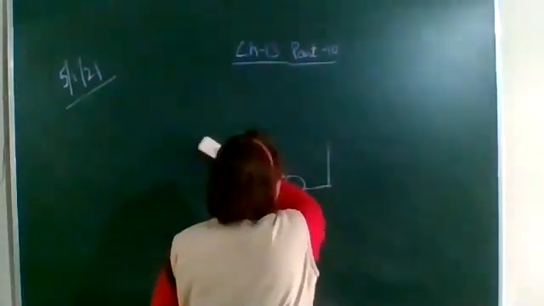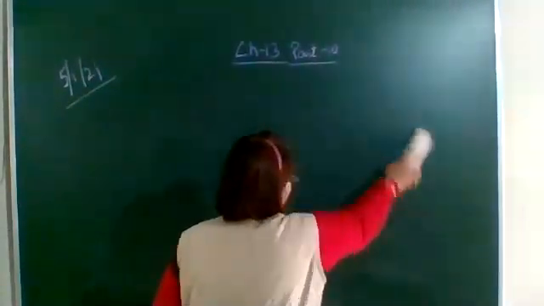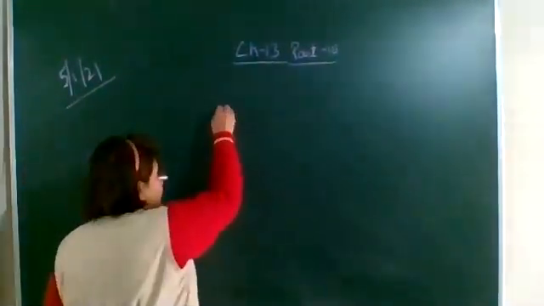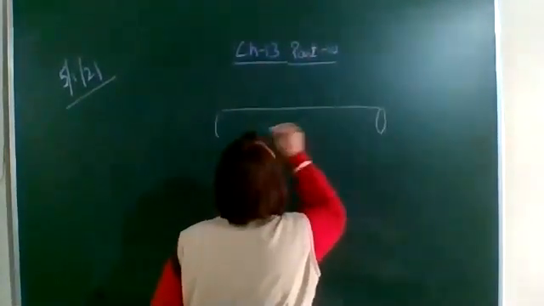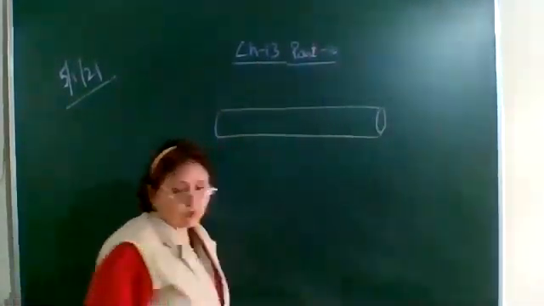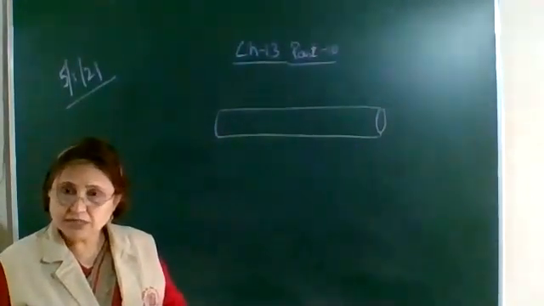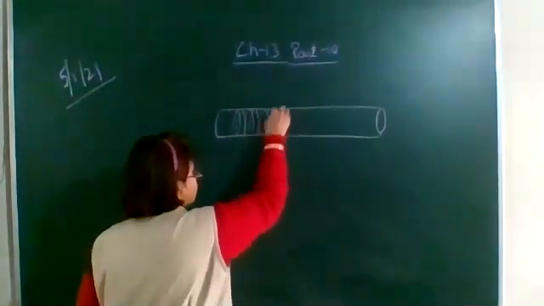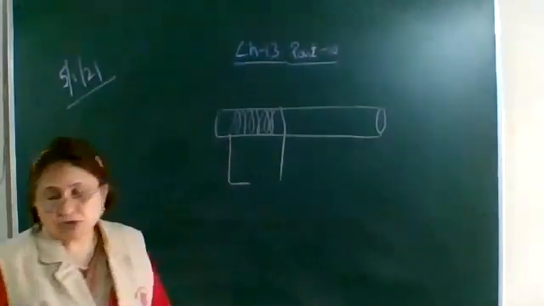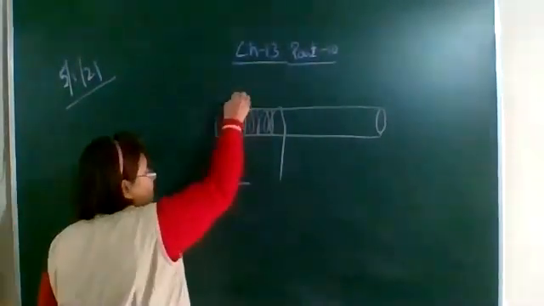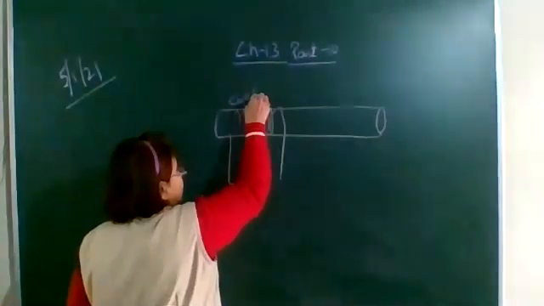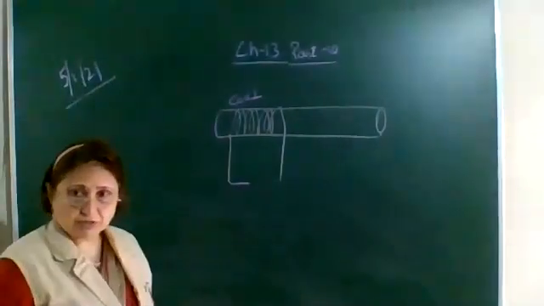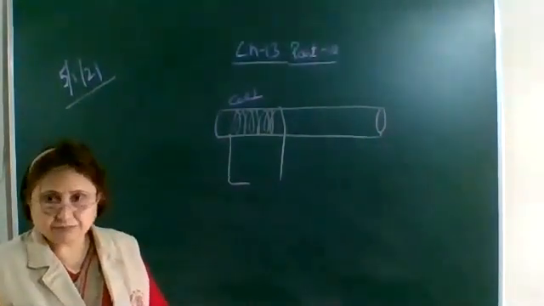For this, two coils are taken, two wires mounted on a non-conducting cylindrical rod. So there is a non-conducting cylindrical rod over which two wires are wound. The first coil has a large number of turns. Suppose there are 100 turns in the first coil. This is coil 1, and it is also called the primary coil. The other one, coil 2, will be called the secondary coil. We'll come to it later on.